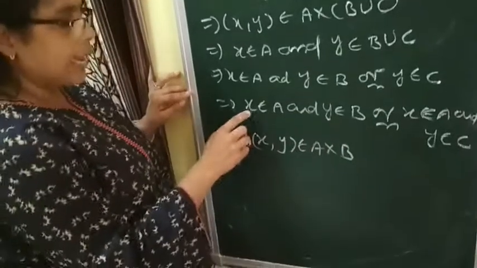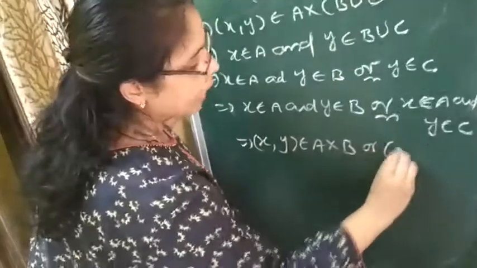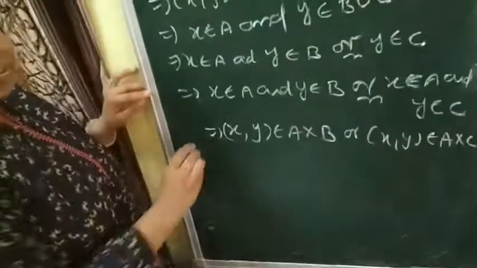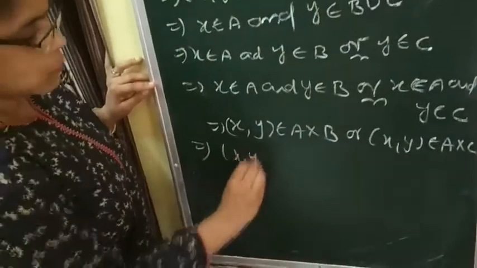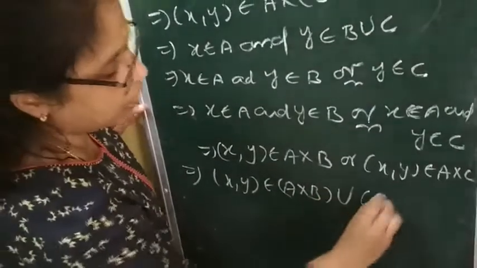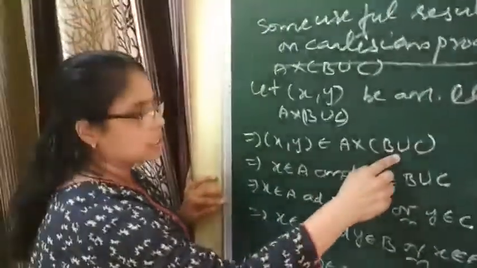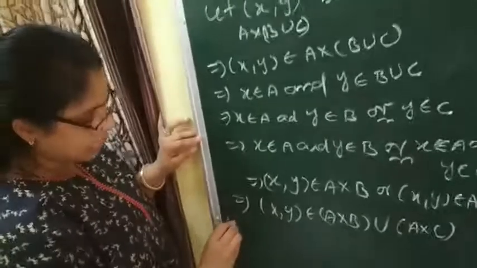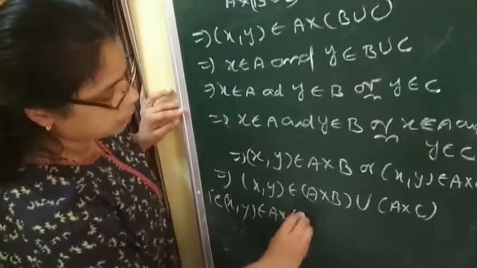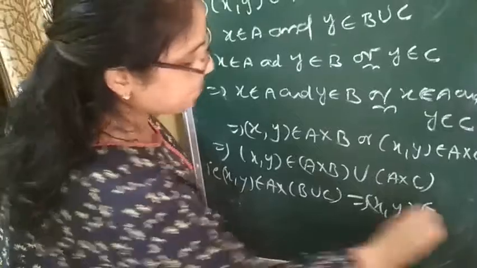of partition product. x is in A, y is in B, so xy will be in A into B, and xy belongs to A into C by again the definition of partition product. That means xy belongs to A into B union, or means union, A into C. So where did you start? You started from A into (B union C) and reached here, that is xy belongs to A into (B union C) implies xy belongs to A into B